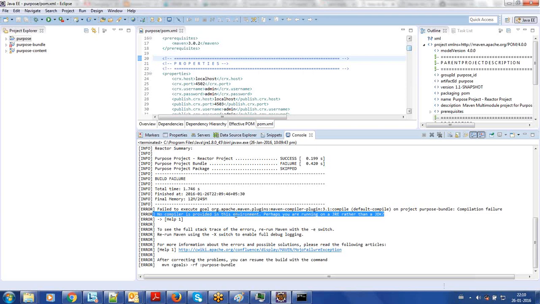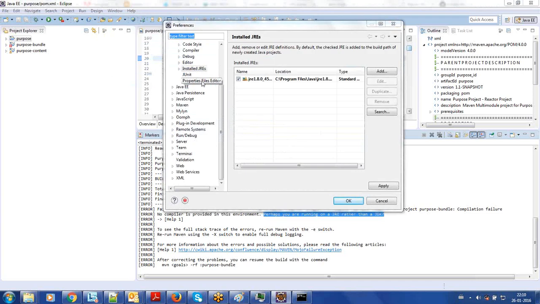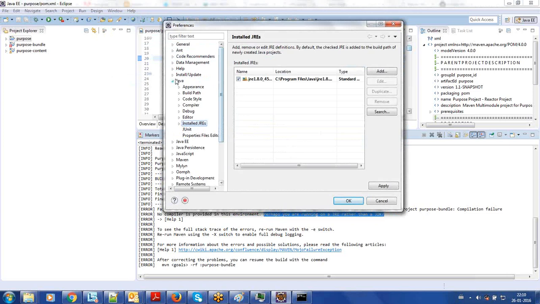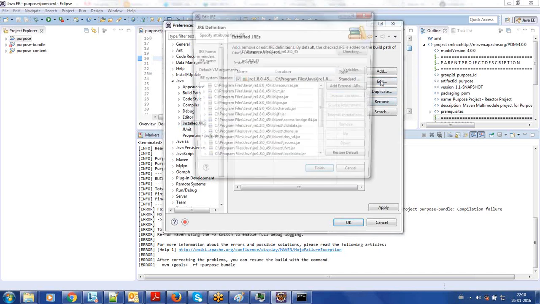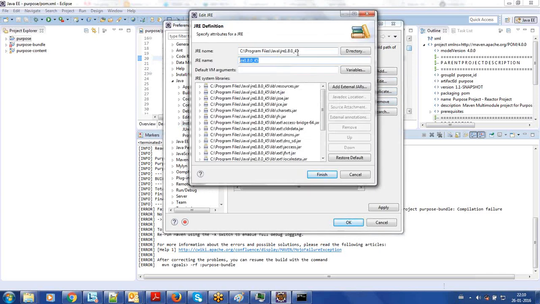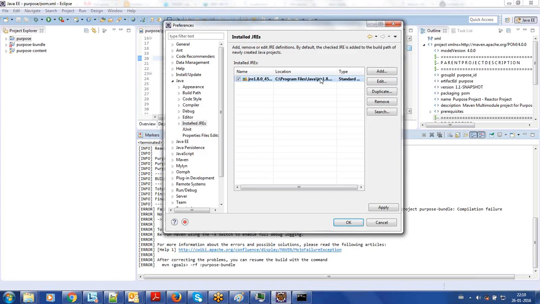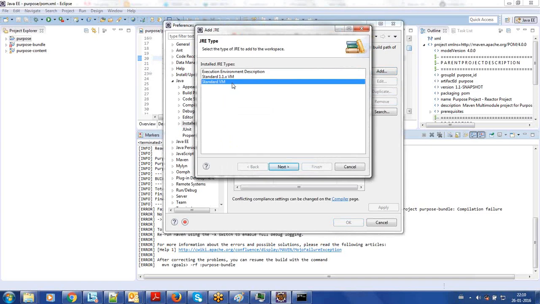No compiler is provided in this environment. Perhaps you are running on JRE instead of JDK. If you go to Preferences, Windows, Eclipse Preferences, go to Install JREs under Java. Here check. Go to Edit. It is JRE. Basically, you have to configure JDK. That's the reason. Remove this and add the JDK